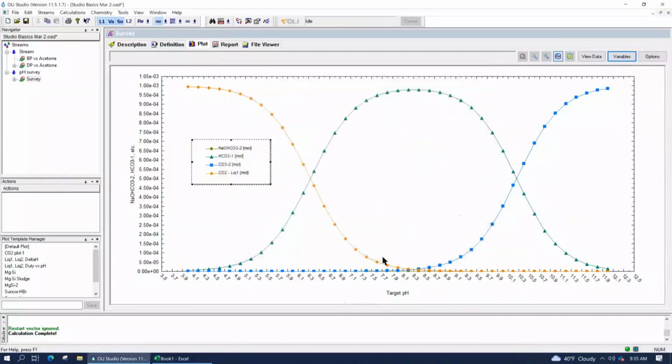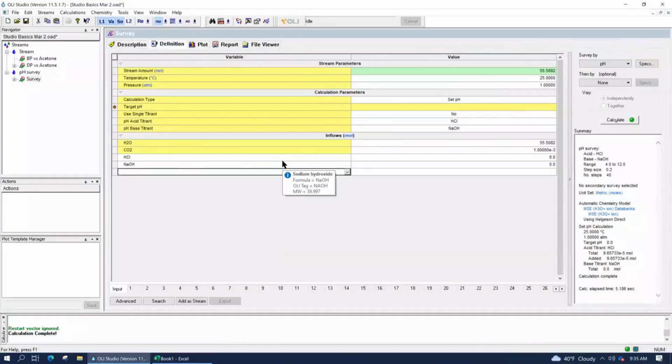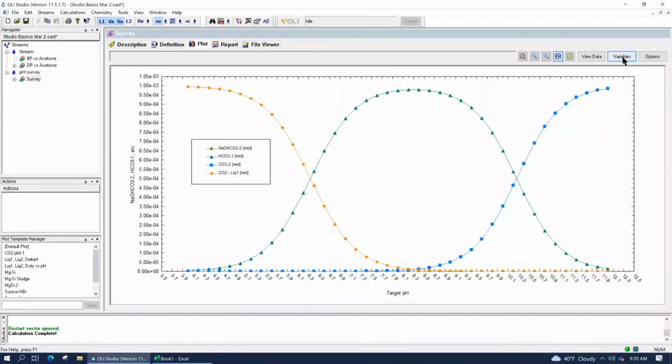So cool. All right. Let me stop here and ask if there are any questions about this calculation. What we did was a pH calculation, a pH survey. I wanted to show you how to set that up, but at the same time give you a glimpse of the way that certain acids behave in water. And since the carbonate is the most important weak acid in all natural waters, that was the most obvious one to show.